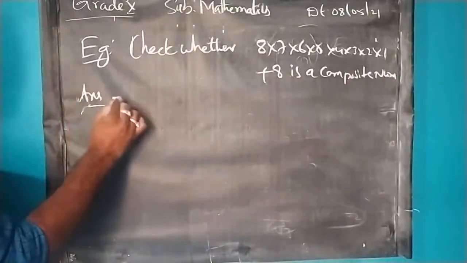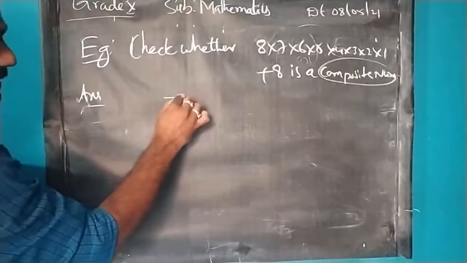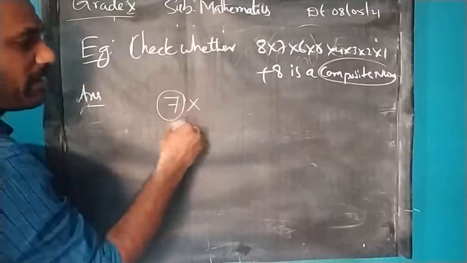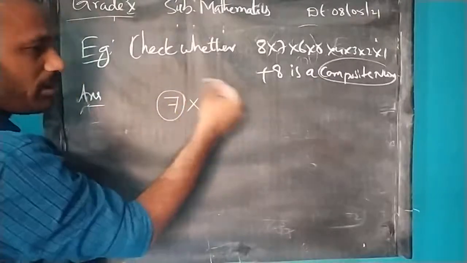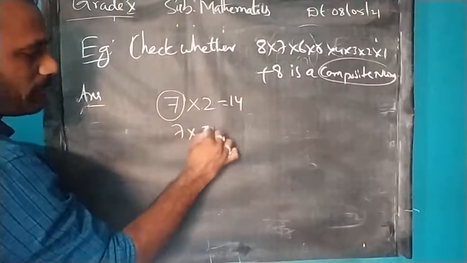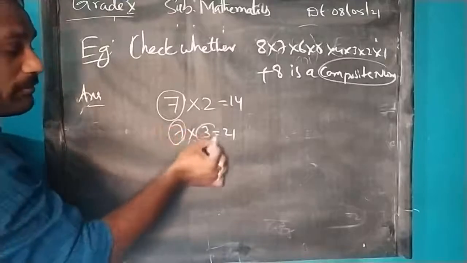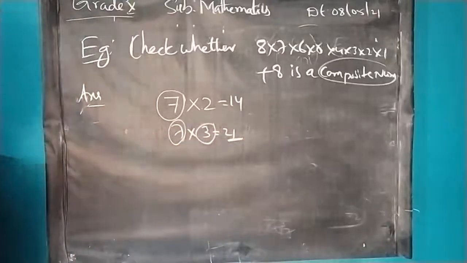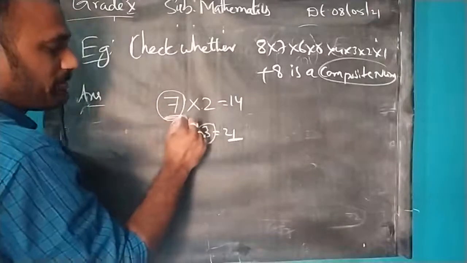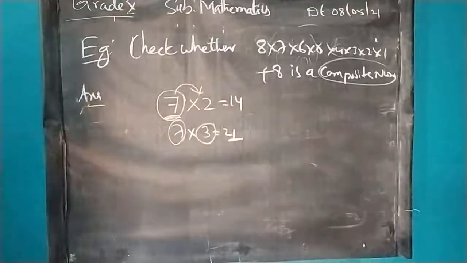So first of all, we have to know what a composite number is. For example, take a prime number, let us suppose 7. For 7 we know that it is a prime number. If we multiply it by any other number, whether it is prime or not, if I multiply by 2, 7 into 2 is 14. If I multiply by another prime number, 7 into 3 is 21. Means, if I multiply a prime number by a prime number also, I get a composite number. So if you get a common number as a prime number, and you multiply with any number, then we will get a composite number. So, let us try to prove like that.